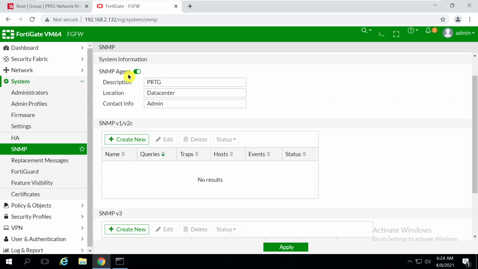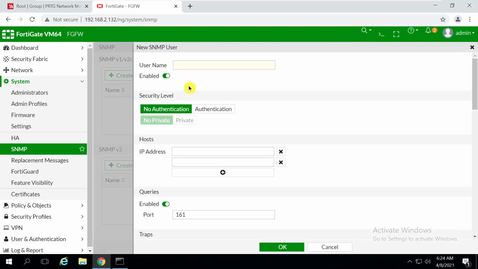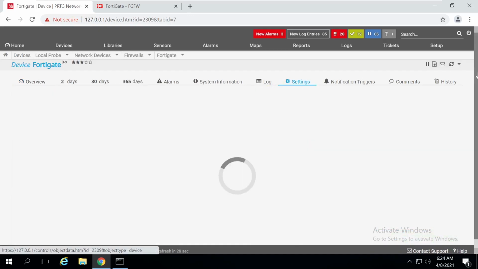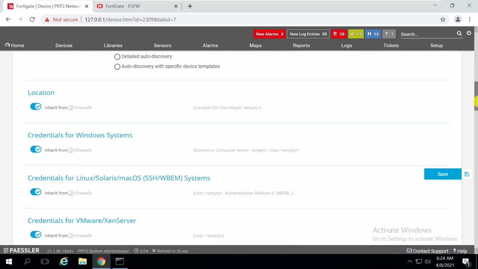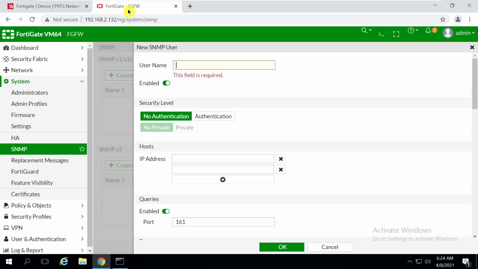First thing is the SNMP agent, which I enabled here, and then this is the place for SNMP version 3. You need to create a new one. Under new, you need to give the PRTG username. I am going to the settings on this setup, and my username is PRTG.